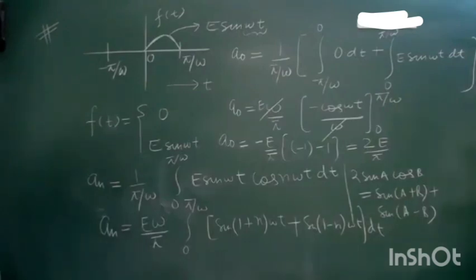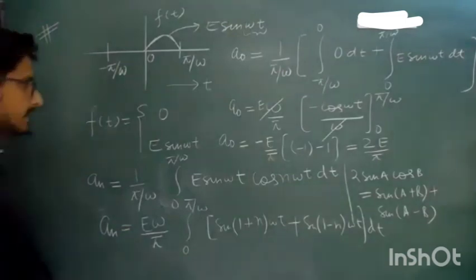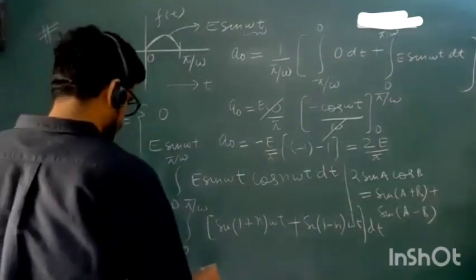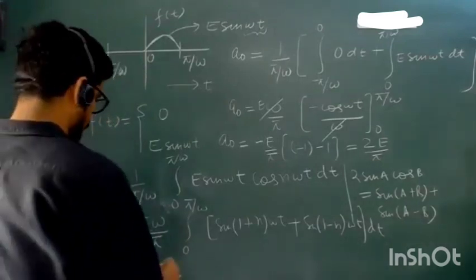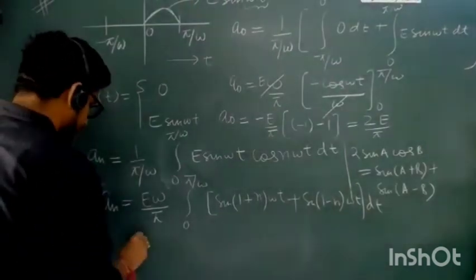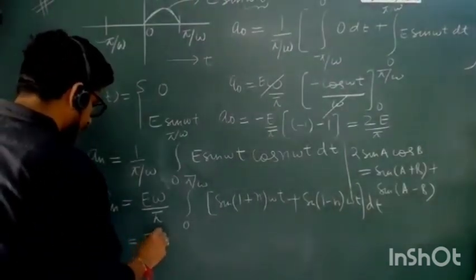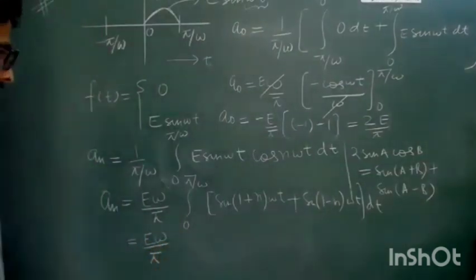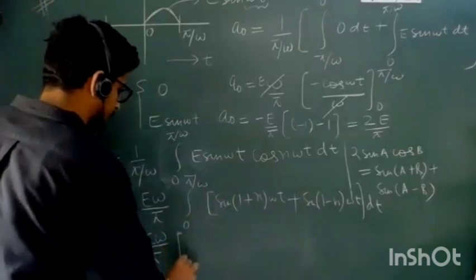Minus cos 1 plus n omega t. So it will become e omega by pi. So I can just take advantage of using this lower side. So it will become e omega by pi